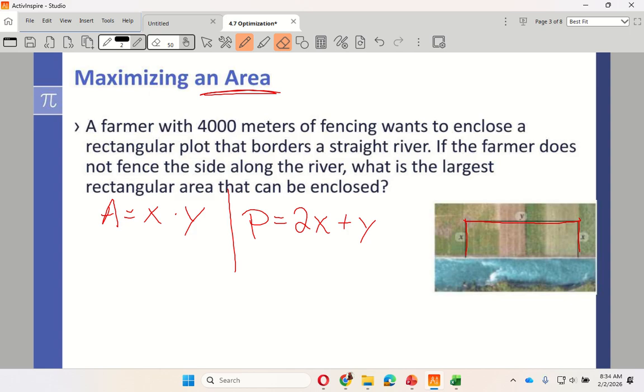Okay, so now I have it set up and both these together. Basically, I have to use the perimeter formula to plug in the area to give me my maximum. So let's see, my perimeter, which is 4,000,